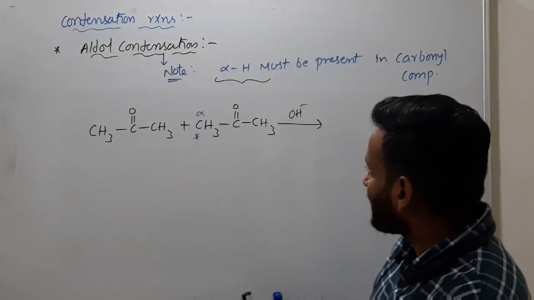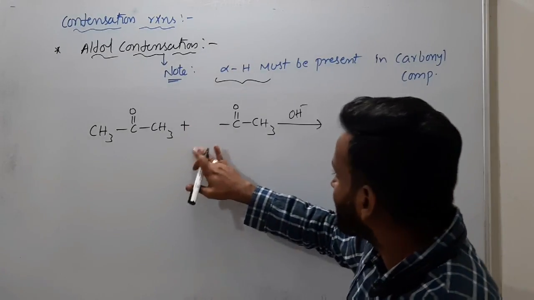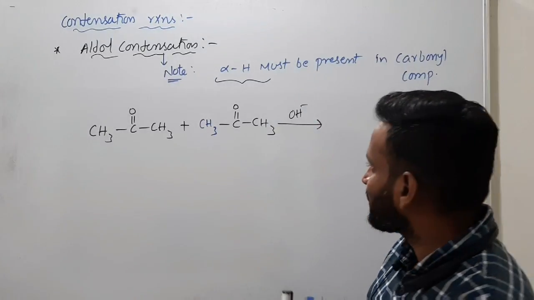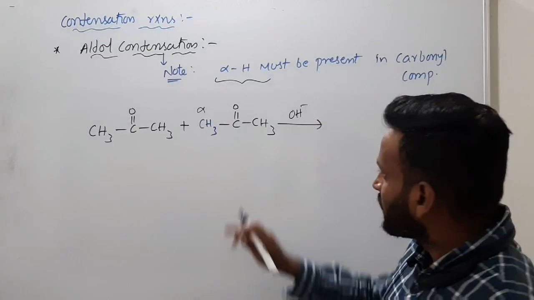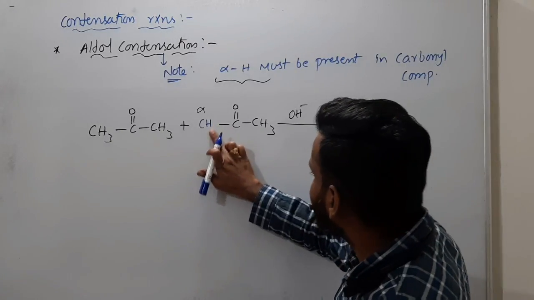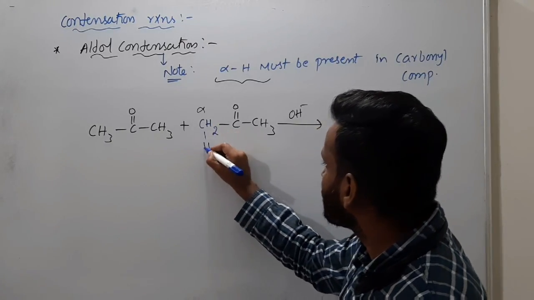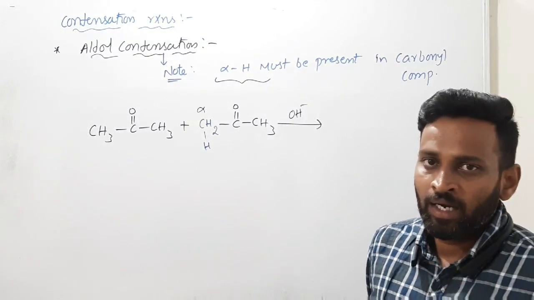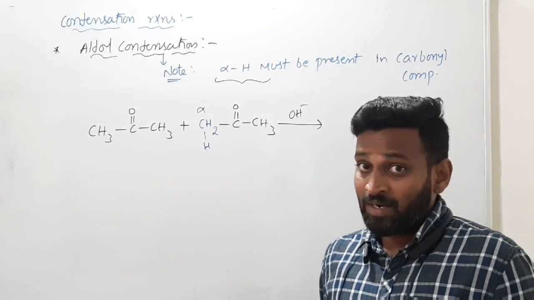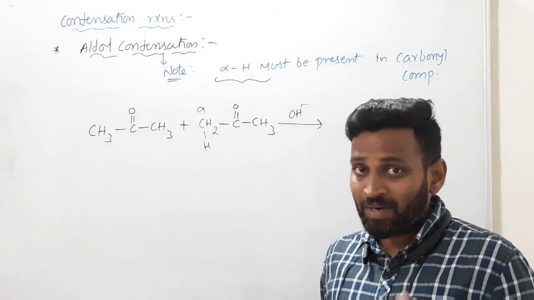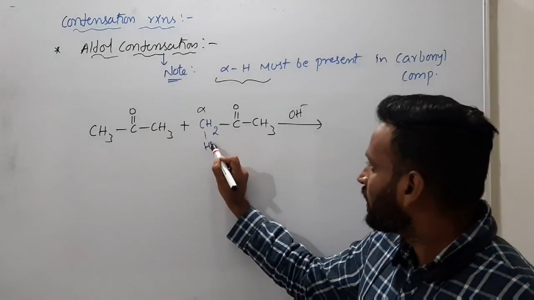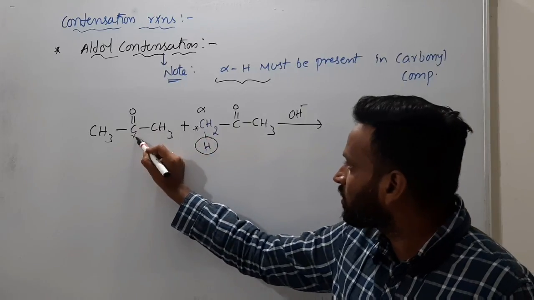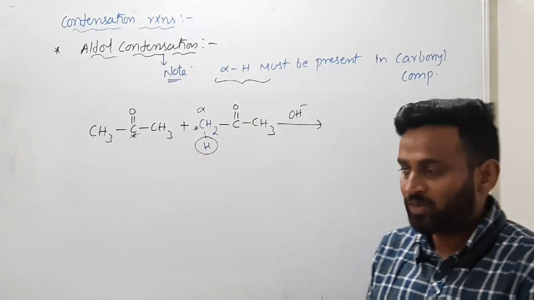Okay. If you want the same thing, this methyl group I will write with blue color. So this is alpha. Somewhat more clearly, I will write CH2 and H. What happens, I told you previously, just without the mechanism: you have to select the alpha carbon and alpha hydrogen. The alpha carbon must have alpha hydrogen. So this hydrogen goes on the oxygen and this carbon will be on this carbonyl carbon. That's it. Now you write down the product.